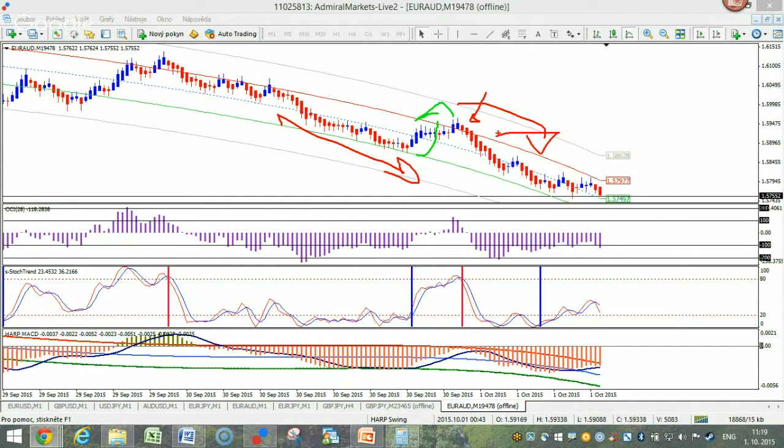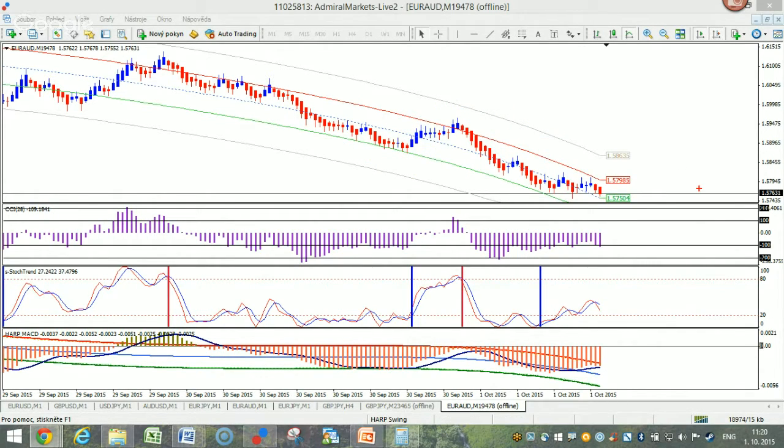So what are we looking for now? The answer is simple. The same thing. Very simple. Only thing is that we don't have it now. Why? Because price is not in that zone as we speak. So it has to go up to 158-ish, 158.60 to make that turn. There's that potential setup